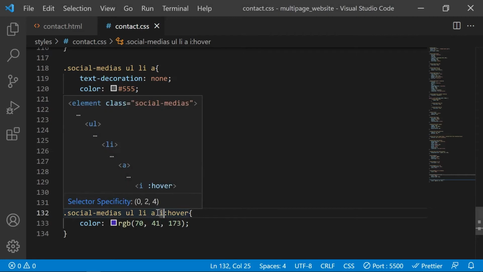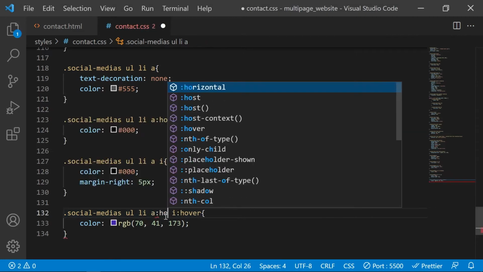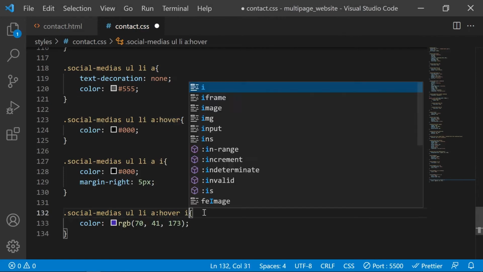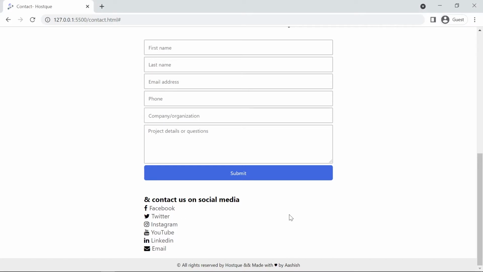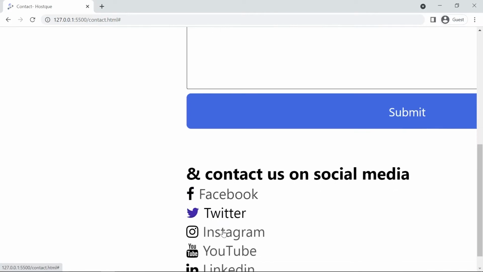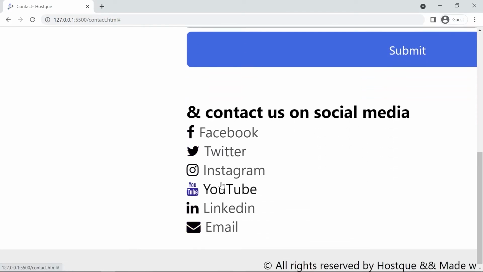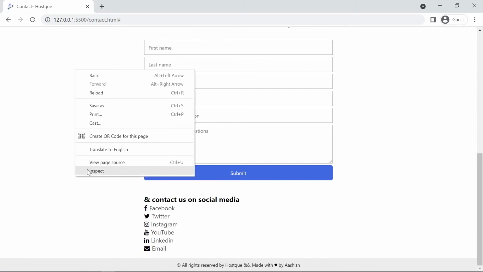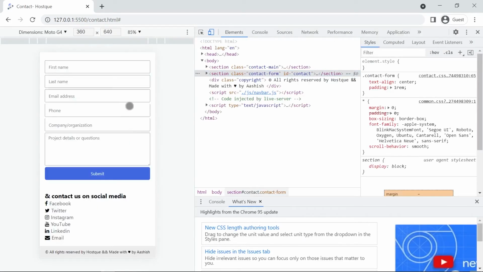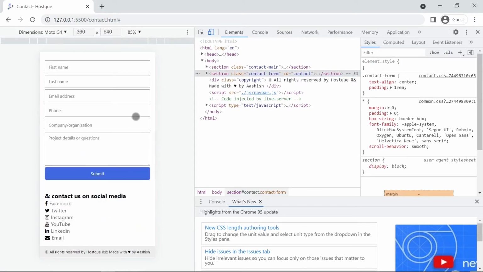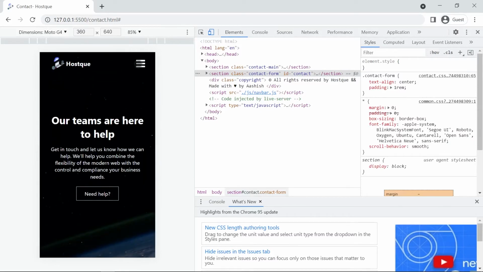But what I really want is that whenever I hover that link, this icon should be highlighted, right? So in here you can see that if I hover the link, the icon is highlighted, and that just feels natural in a way. And in here you can see it's completely responsive, and we are done with our contact form also. Now let's move on to